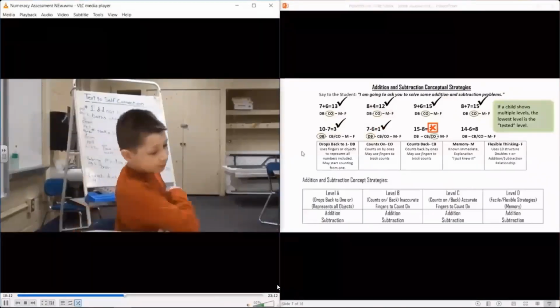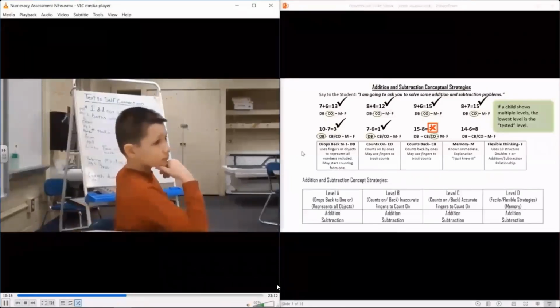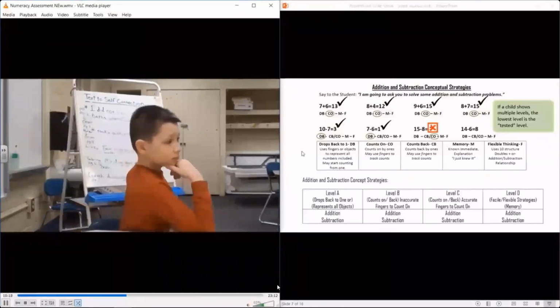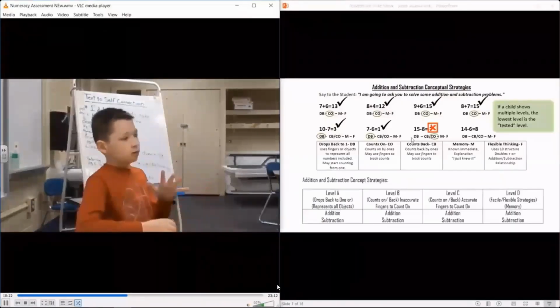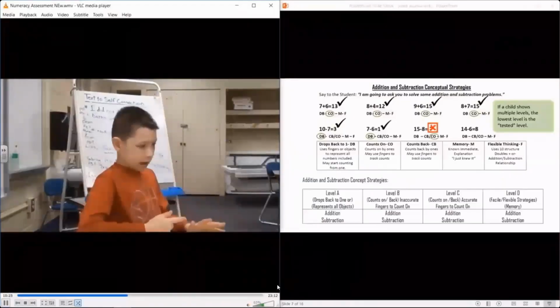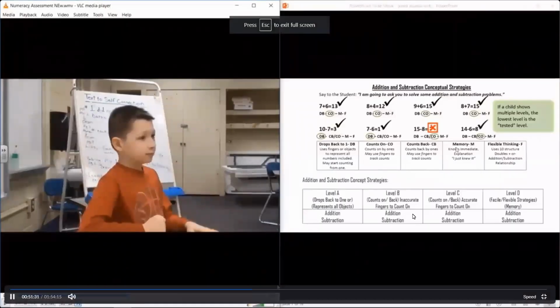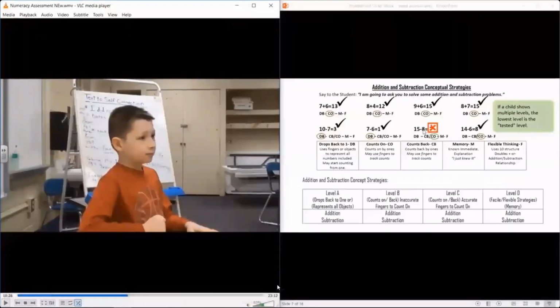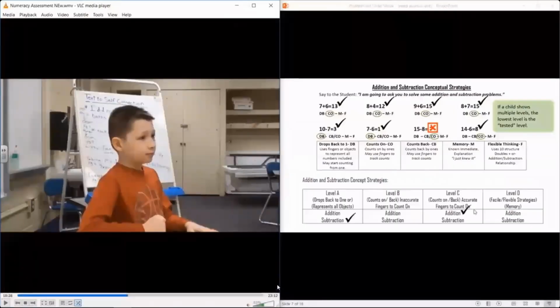16. So 15 minus 8 is 16? Okay. And 14 minus 6? 7, 8, 9, 10, 11, 12, 13, 14, 8. And so one thing with students who struggle, they're consistently inconsistent. He was not able to use the count on strategy for subtraction there. He was able to do it there. You'll notice many kids' subtraction lags their addition